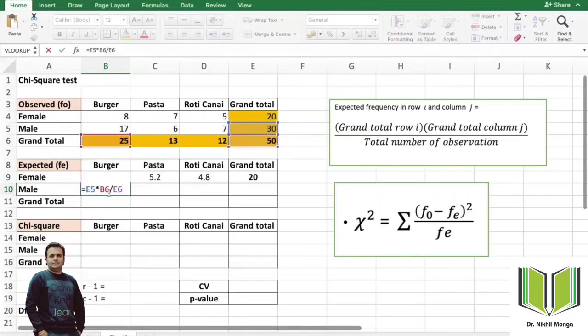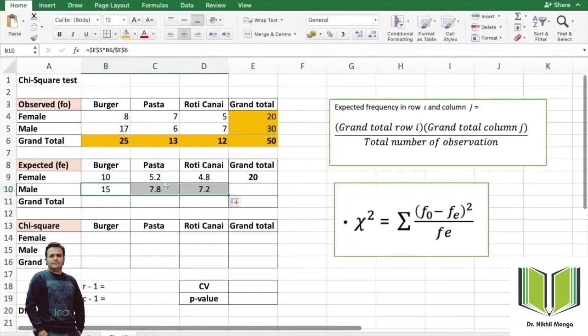You bring your cursor here, press the function key F4 to lock, and for the number of observations, the same thing, F4, then enter. Now you just drag, and see, it calculates automatically. This will save your time.